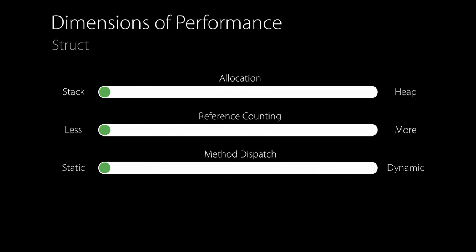All right, so where does that leave us? What I want you to take away from this first half of the talk is these questions to ask yourself. Whenever you're reading and writing Swift code, you should be looking at it and thinking, is this instance going to be allocated on the stack or the heap? When I pass this instance around, how much reference counting overhead am I going to incur? When I call a method on this instance, is it going to be statically or dynamically dispatched? If we're paying for dynamism we don't need, it's going to hurt our performance.